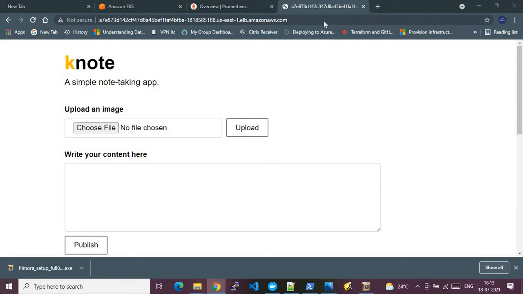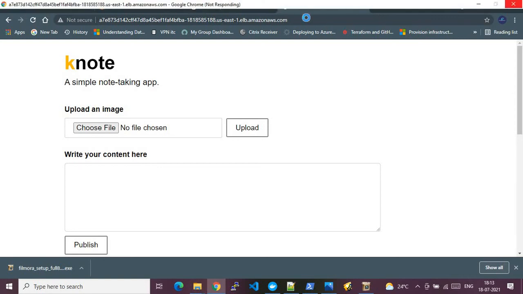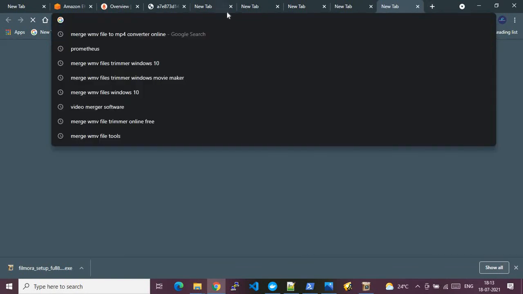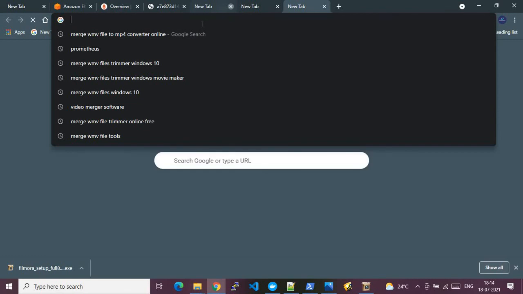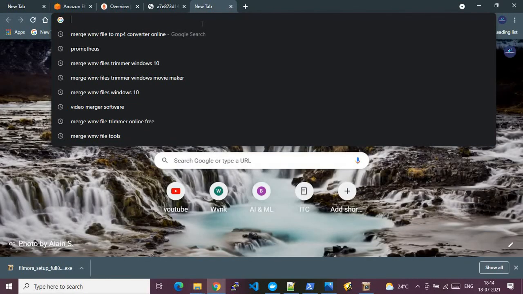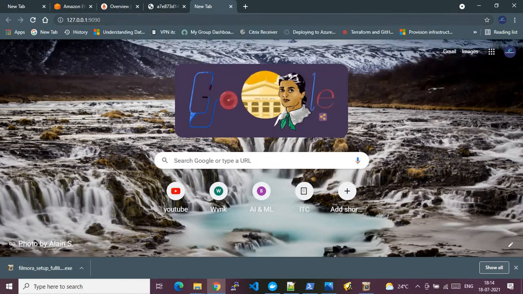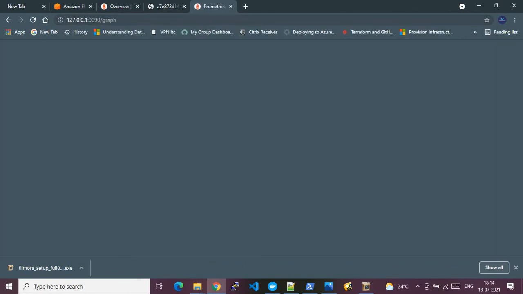It's getting hung, so let me minimize it. Finally, here we go. Let me put that in and press enter. I'm just accessing that address on port 9090.